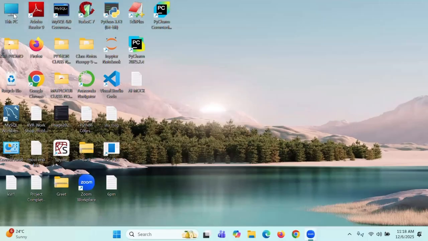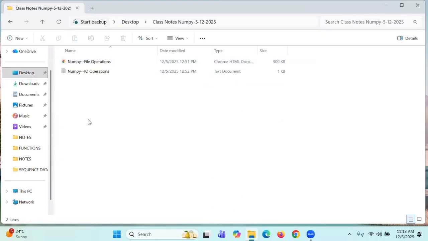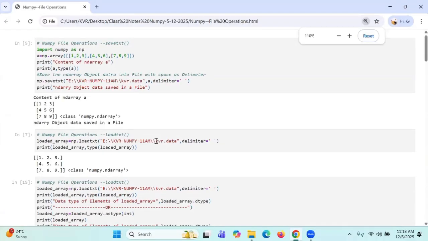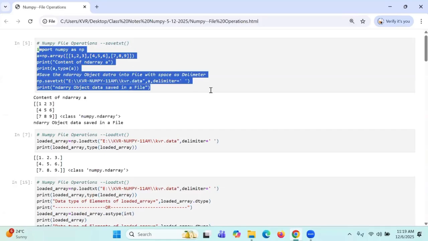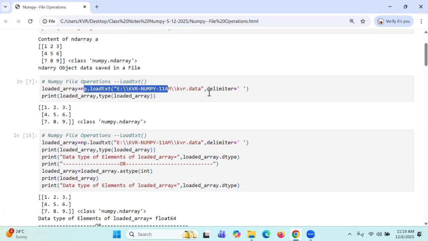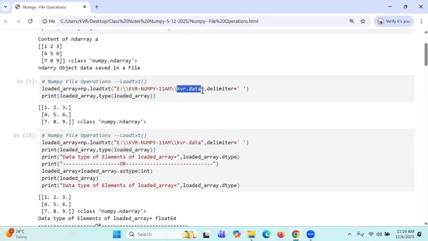So let us move further. Last class I said the multiple operations. I hope I posted for you this NumPy file operations. Just have a glance at it for 2 minutes. This is the ND array data. I saved this in a text file, right? By using savetxt and loadtxt, we get the data in the form of text data. By default, the data is available in exponential format.